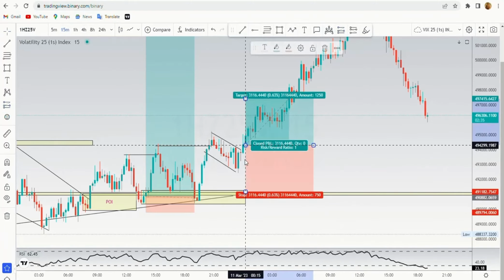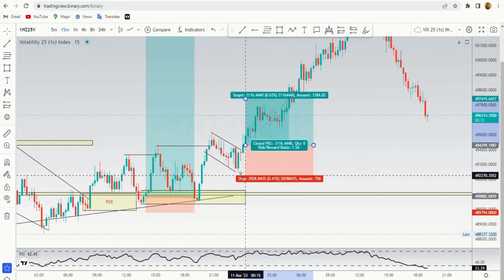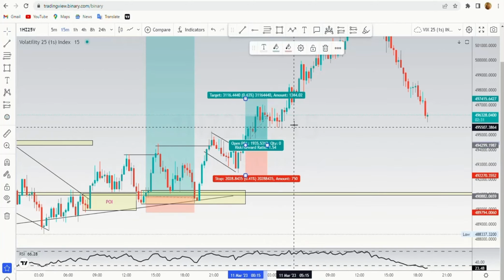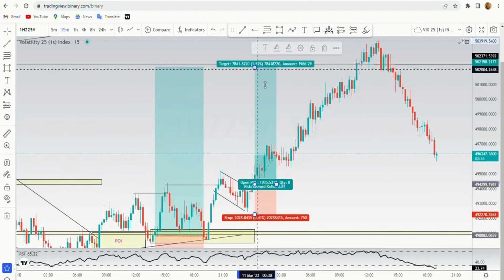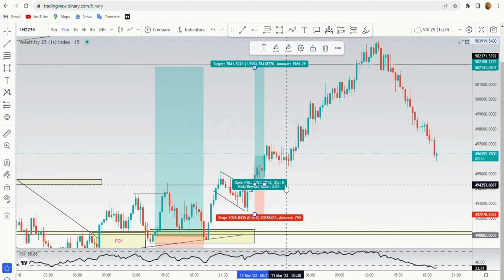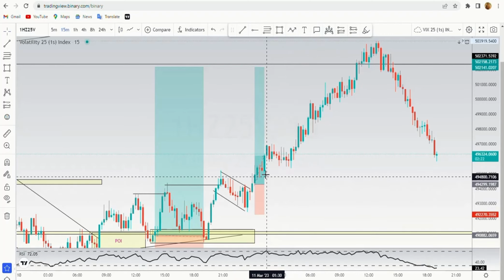And when we got it, guys, you can see if I was to take a trade, this was where my entry was to be, and still I could target the same high, or the same take profit. And guys, when the market still went up, that's the time I went off the charts. And by the morning,